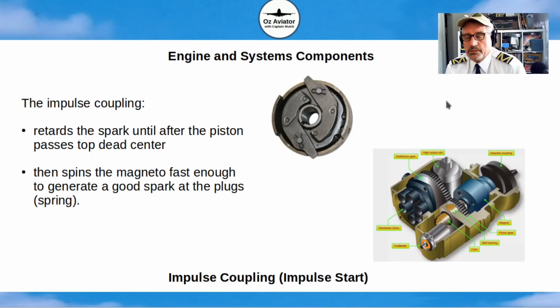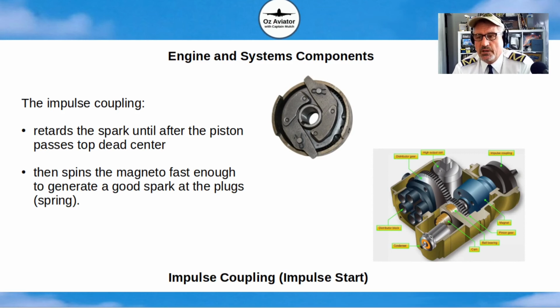Okay, impulse coupling. Now we mentioned the impulse coupling previously when we were looking at the magnetos. And as I said before, there's only one impulse coupling, often on your left magneto. Now there's two reasons for the impulse coupling. One reason is to retard the spark when the aircraft engine is starting. When the piston is reaching top dead center on the compression stroke, when the aircraft's normally running, the spark occurs